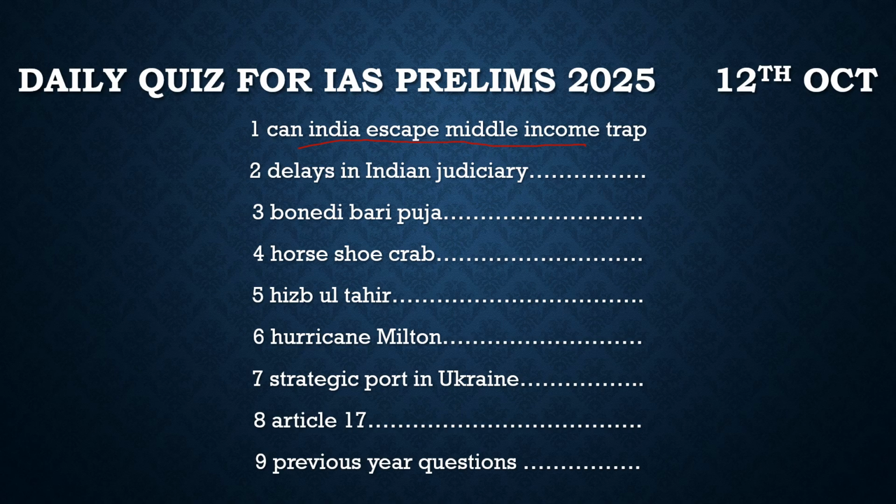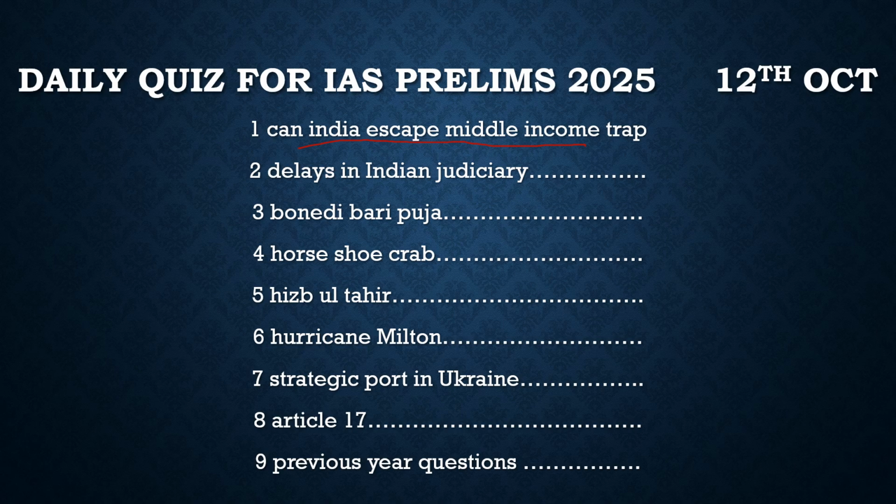They have to go for the 3 I's. What are these 3 I's? The 3 I approach. The first one is investment. The private sector should invest more. Second, the infusion of technologies, and the third, they should go for innovation. So these are the 3 I's which the country should focus on, and by getting more private sector involved, by infusing more technology and going for innovation, the countries could come out of this middle income trap.